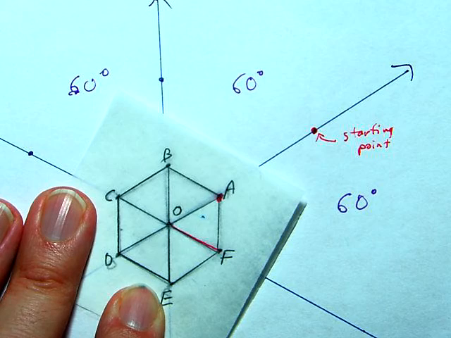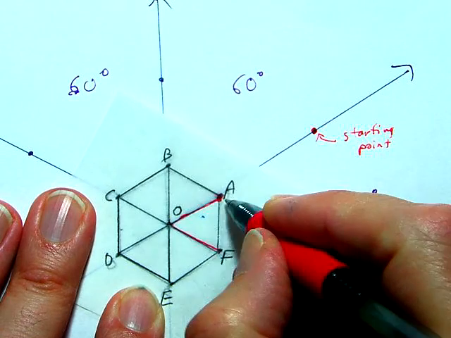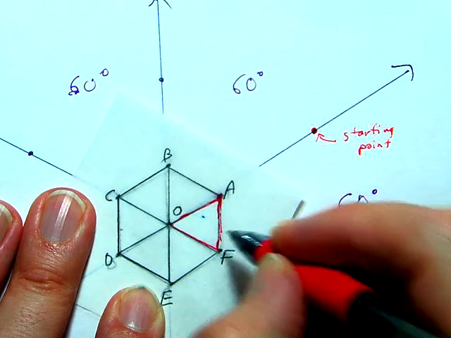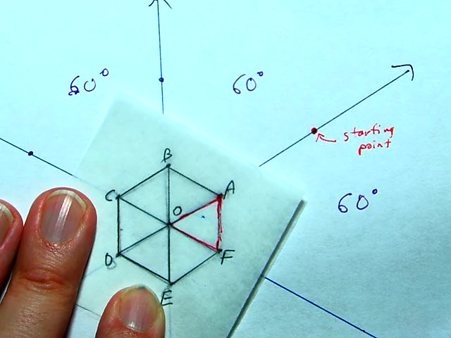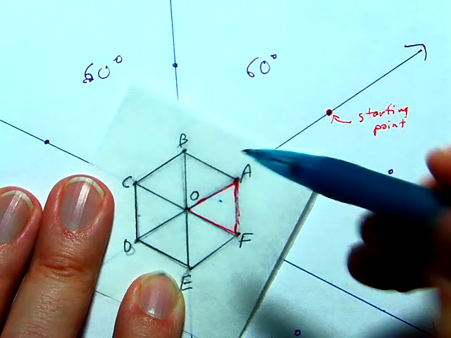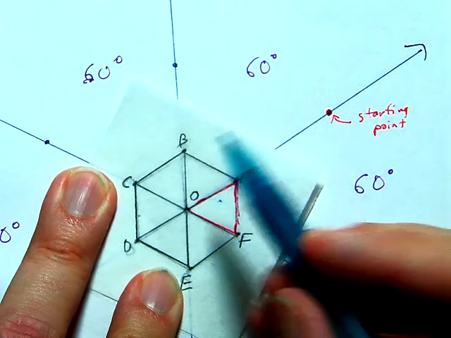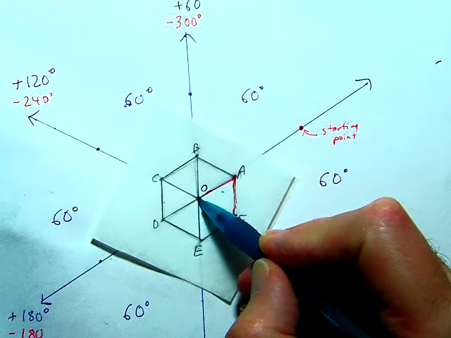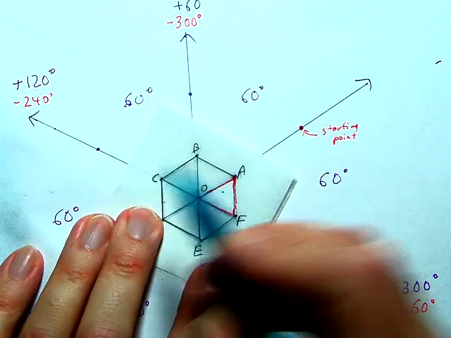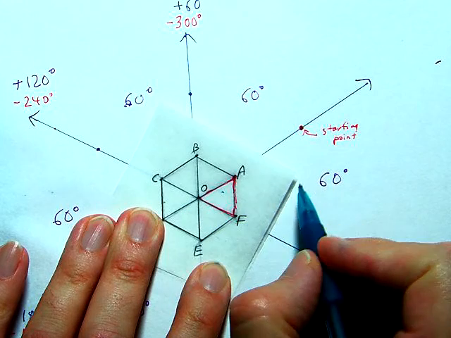So let me just fill in all the lines for FOA. So it's this triangle that we're interested in, FOA. And we've got to rotate negative 240 degrees. Well, where is negative 240 degrees? Zoom out a bit. Negative 240 degrees is right there. Okay, that's negative 240 degrees, so we've got to get the red dot